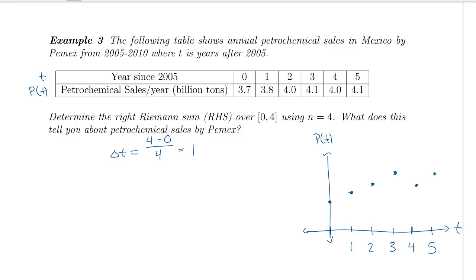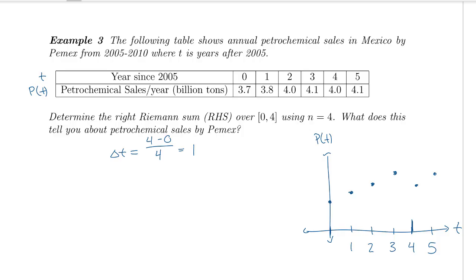So the ticks that we have are also the bases of our rectangles, and it's important that the diagram is really helpful here, because we see that we're not actually going to include all the data points, because we're only going over this interval from 0 to 4. So the last piece of this puzzle is to